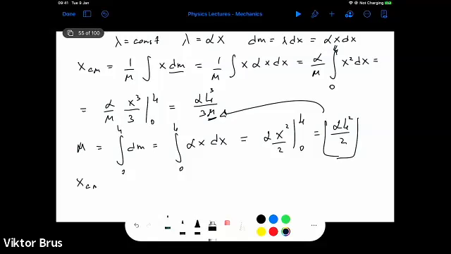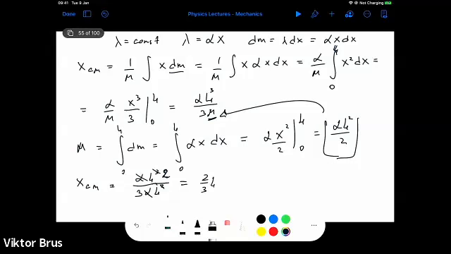X CM is equal, what do we have? It's alpha L cubed divided by 3 alpha L squared, and also 2 goes to the numerator. So this is 2. Okay, alpha we cancel out, cube and square we cancel out, and we get the answer, which will be 2/3